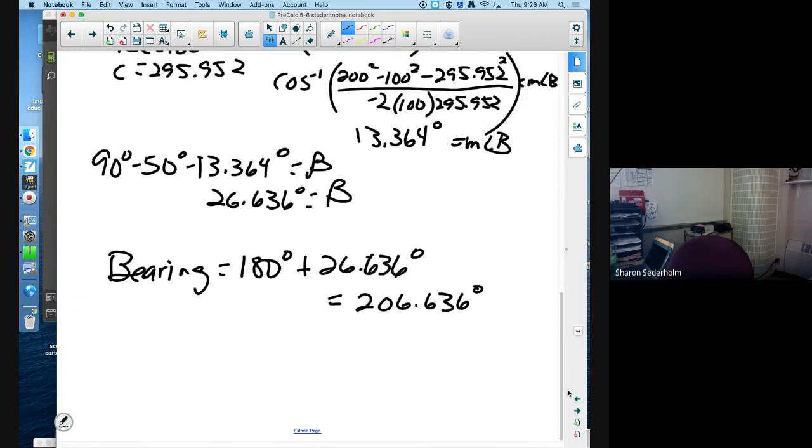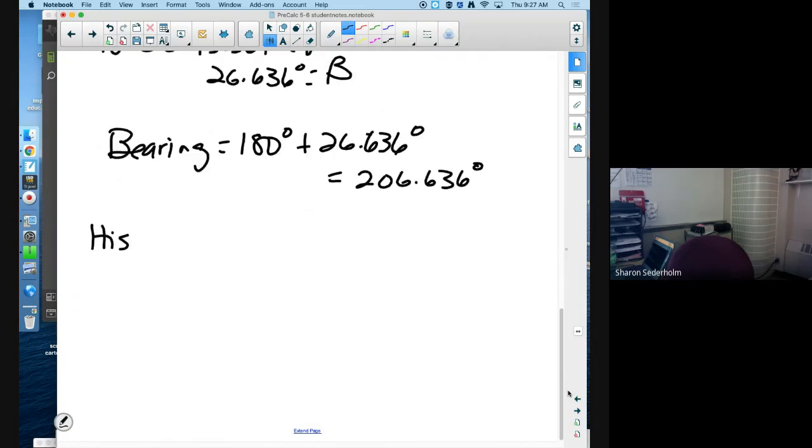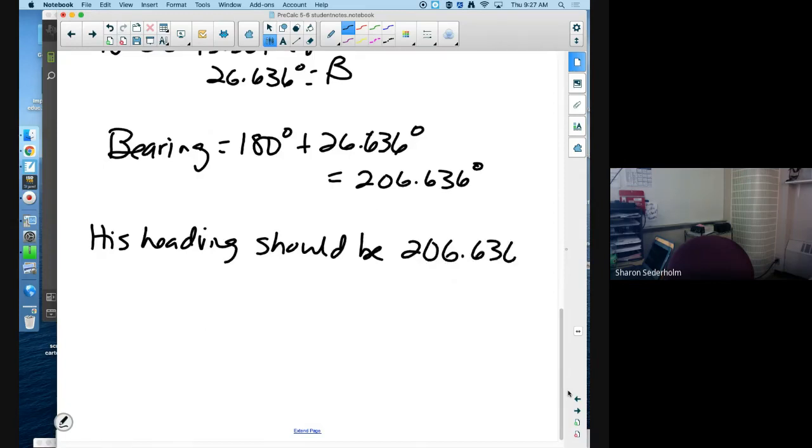After all that math, we probably better write a sentence here letting them know exactly what they wanted. So here's how they worded it. In the morning, when he leaves his house in his plane to return to the airport, on what heading should he fly to get there directly? His heading should be 206.636 degrees for a distance of,